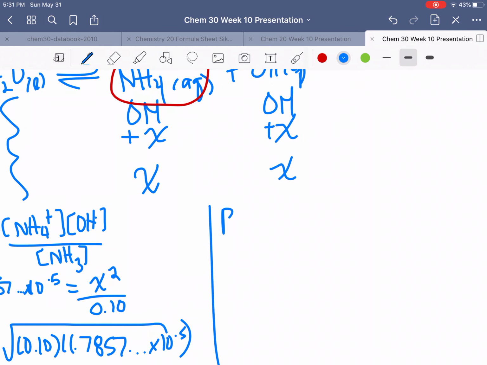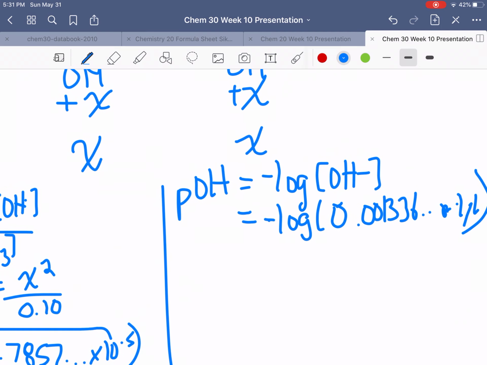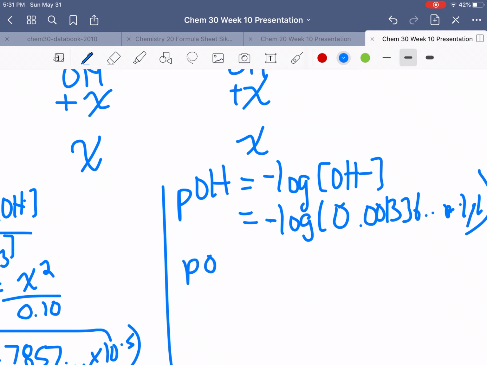I'm going to do it this way for this question. I'm going to find the pOH first. Your call how you go about this, guys. Negative log times the hydroxide concentration that we just found. Negative log times 0.001336... moles per liter. Okay, there we go. Number crunch. Don't round yet though. pOH is equal to